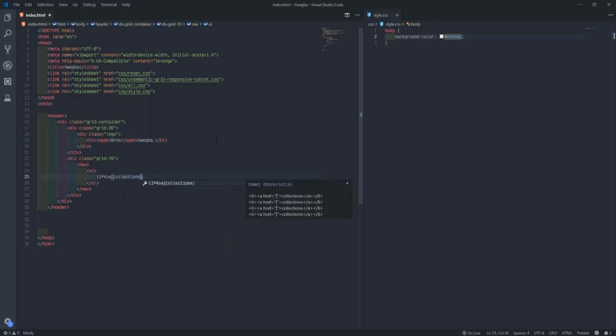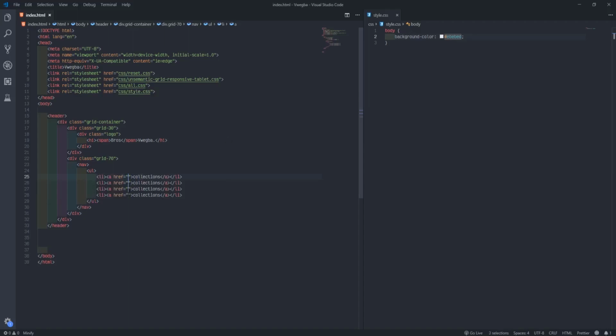I'll change that later. Okay. So select this, and this. Then I'll put this hash so that when we click now, it will not go anywhere, it will just refresh here. So we get collections here, and I'll make a capital letter first. Then we'll get about. The other ones are showroom and contact.